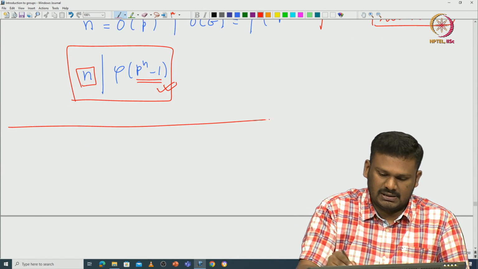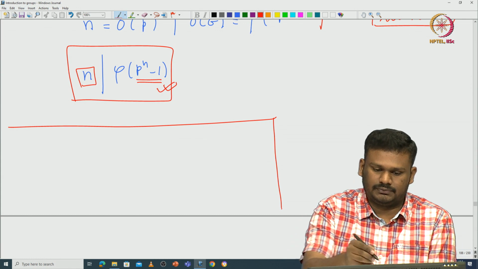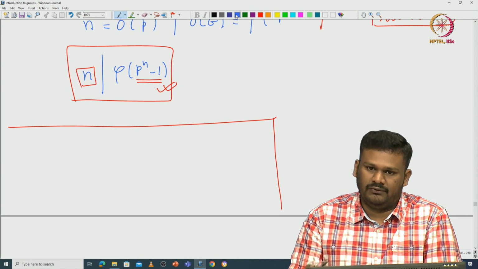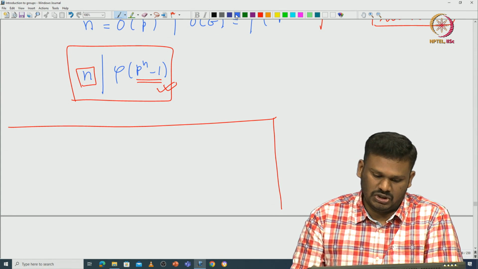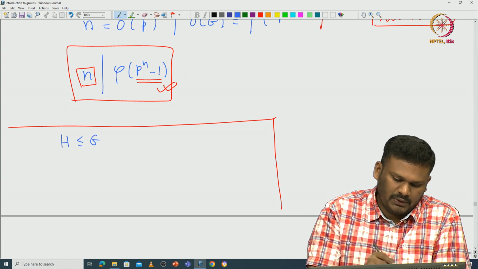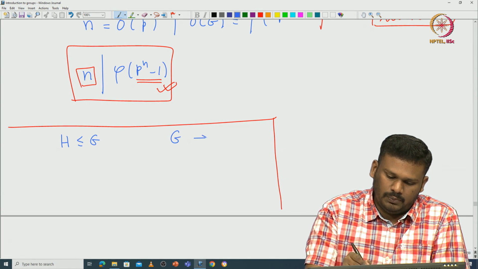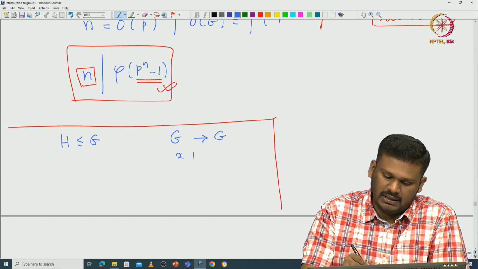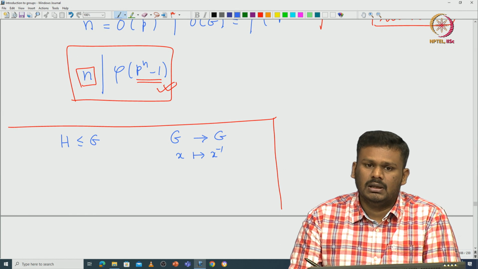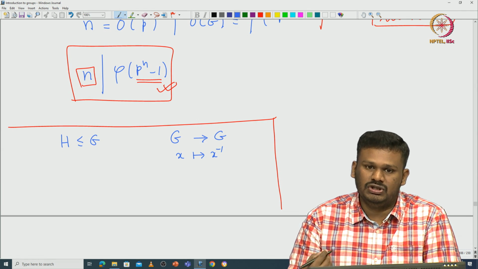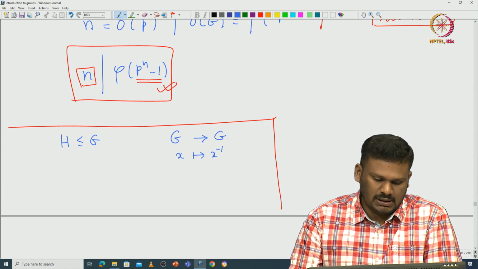So, as I already noted before, you have a natural bijection from the set of all left cosets of H in G to the set of all right cosets of H in G. You fix a group G and a subgroup H, and on the group G there is this very nice bijection from G to G, given by x goes to x inverse. It is easy to see this map is a bijective map, so it defines a bijection from G to G.